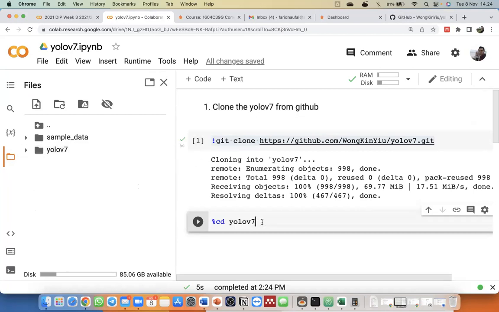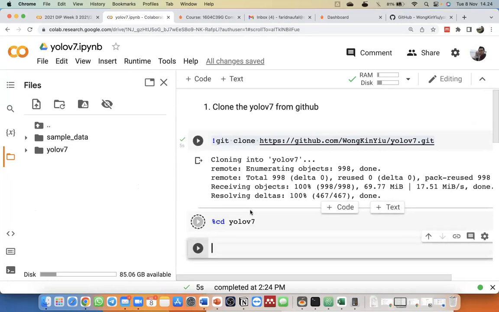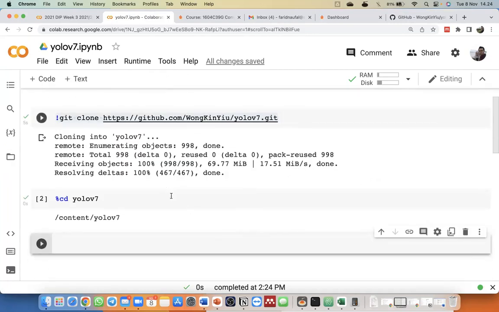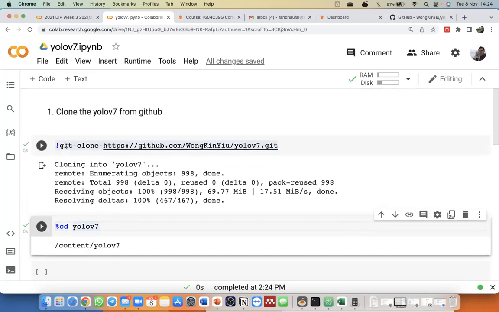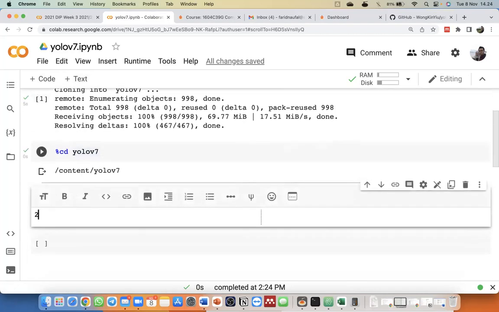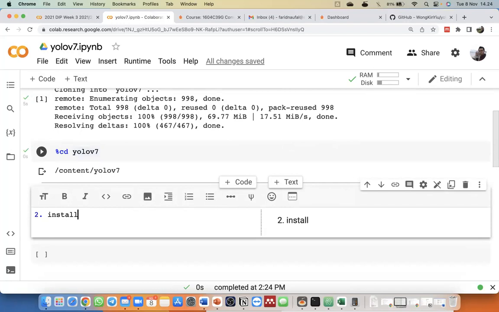We change the directory to YOLO v7. So actually the current directory is content/yolov7, right? Then the next step is to install the requirements, because there are some requirements that we need to prepare for running YOLO v7.